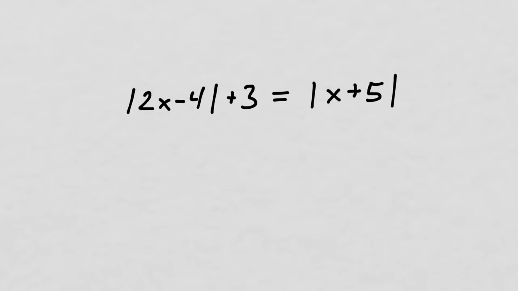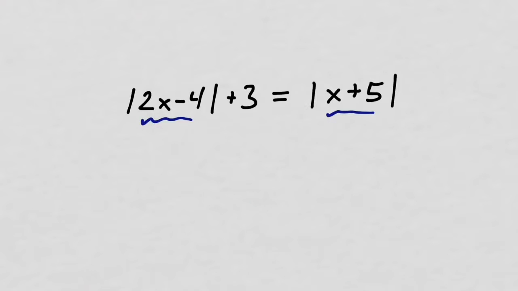Let's take a look at how to solve the absolute value equation. Absolute value of 2x minus 4 plus 3 equals the absolute value of x plus 5. We can solve this equation algebraically by leveraging the fact that opposite expressions, opposite values inside the absolute value evaluate